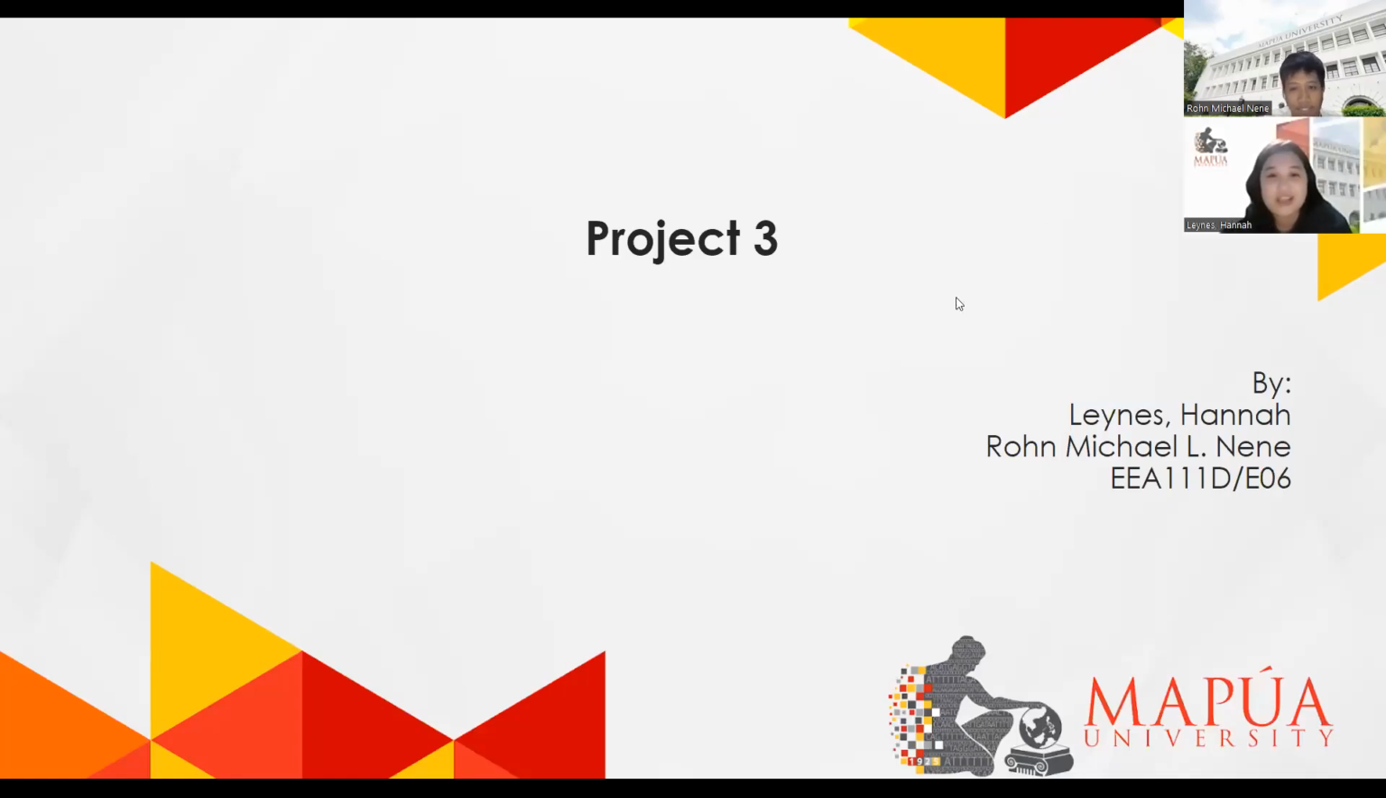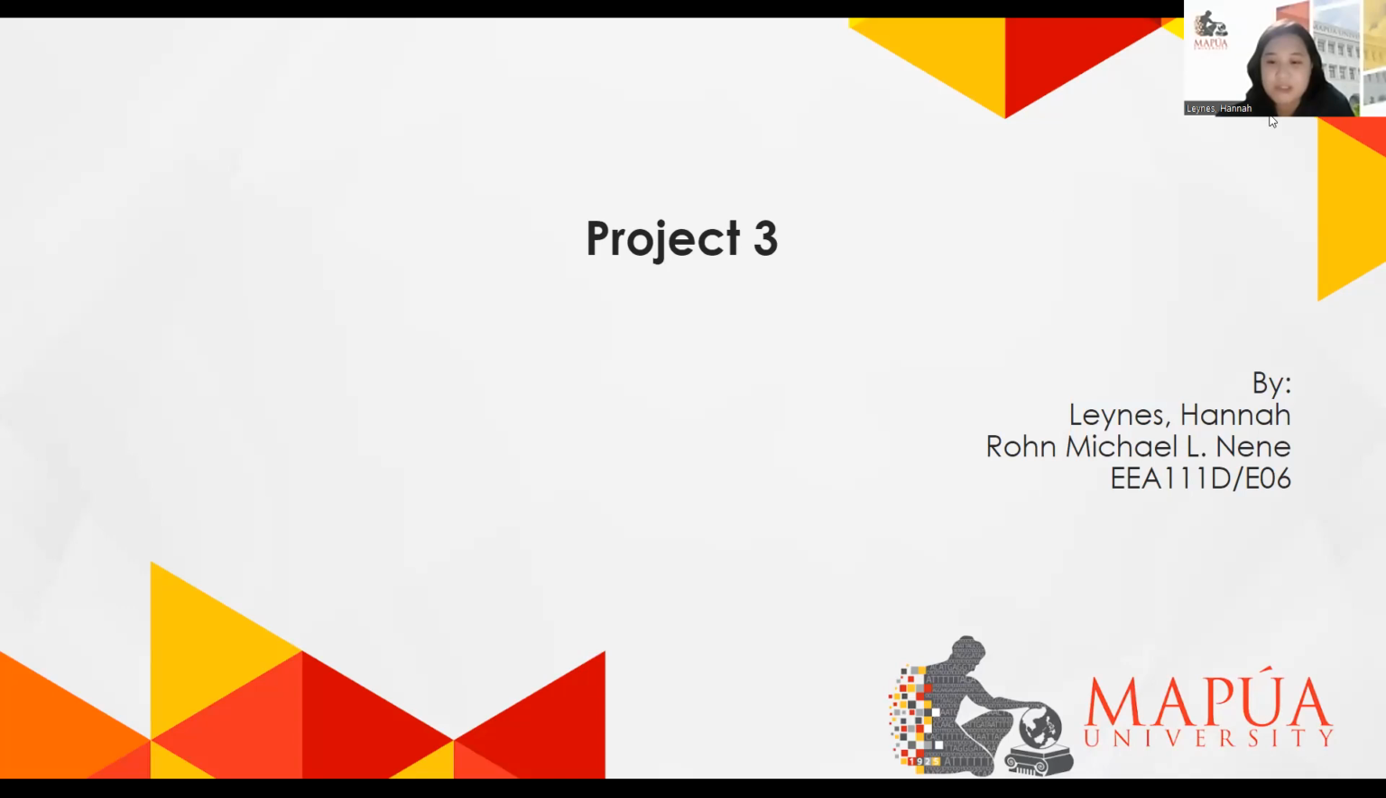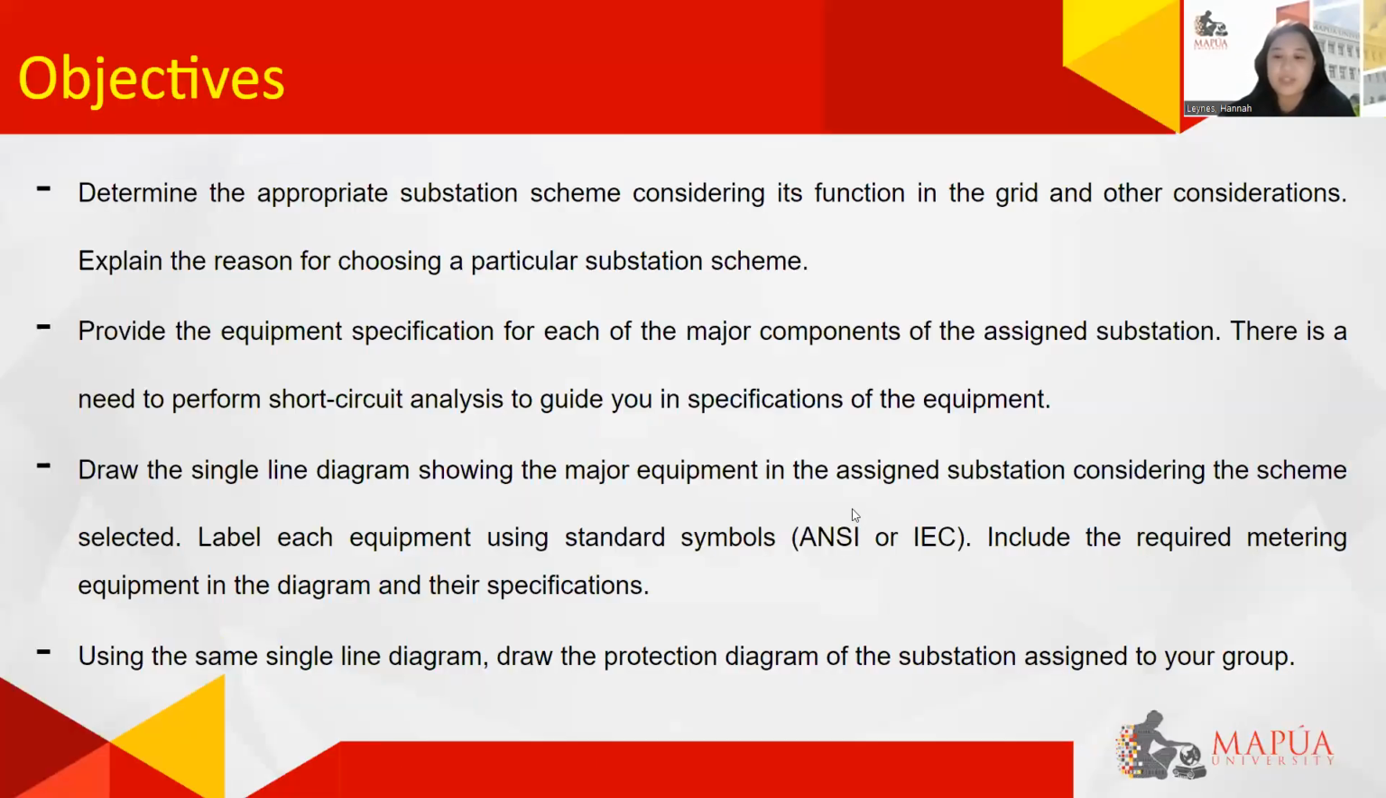Good evening. We are Group 3, and today we will be discussing the proposal of the substation scheme design for Bus 7 of the 12 bus system from Project 1 and Project 2. So, next, our objectives are to determine the appropriate substation scheme considering its function in the grid and other considerations,